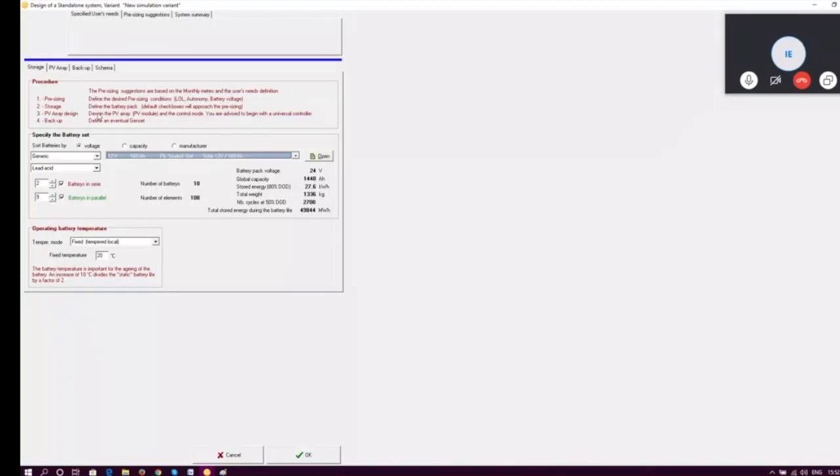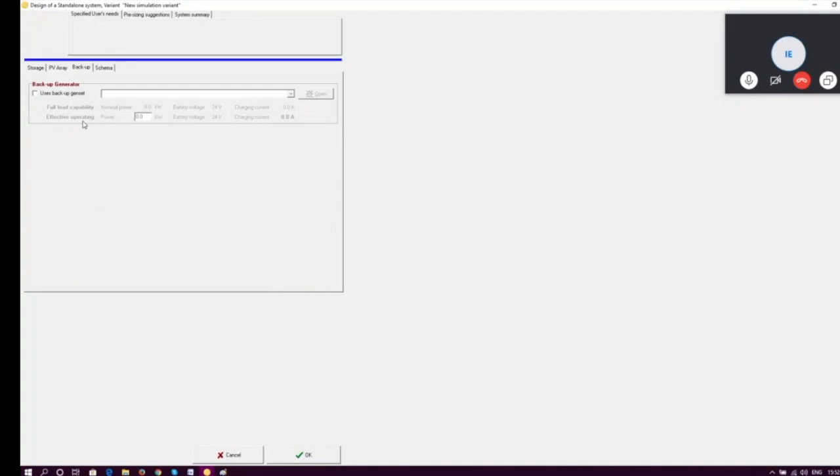I have told another thing during the class, that we can go ahead and put generators, right? So let us click on the backup option. There we have the backup option. Once we click on it, it will ask you questions. One, whether the customer uses a generator or not. If the answer is no, nothing to be done. If the answer is yes, click on yes.